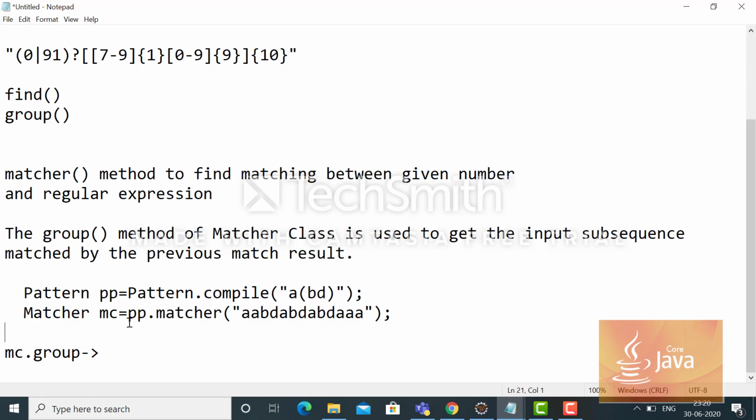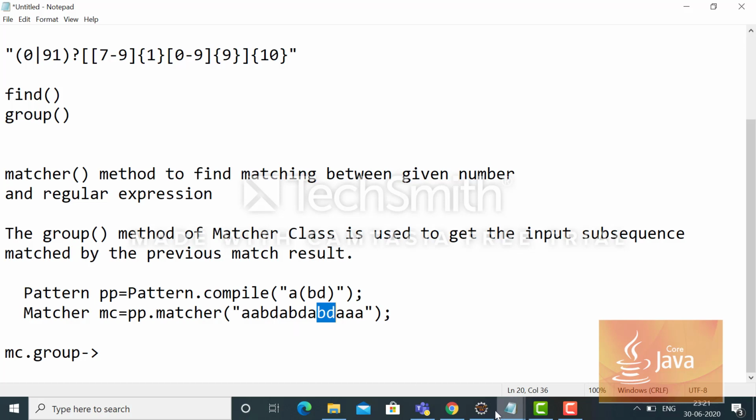Now let's say my input string is this. If I write mc.group, it will try to match starting at this point and ending at this point. The first match will happen here, ABD, the second match here, the third match here. So mc.group is nothing but extracting those matching patterns.